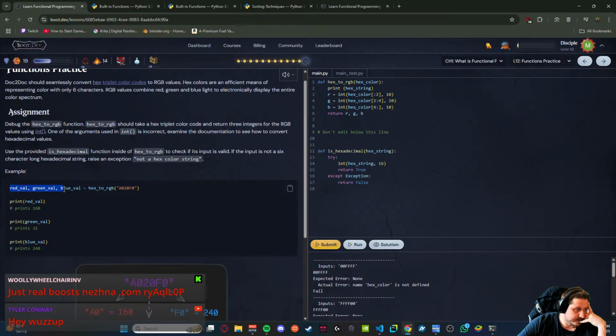Example: red val, green val, blue val. Let's do hex to RGB. That does not seem right.